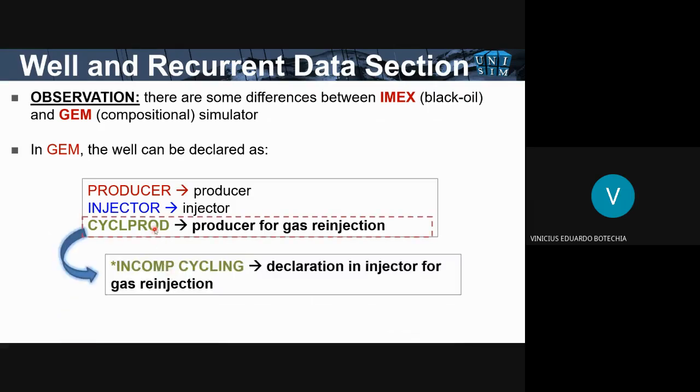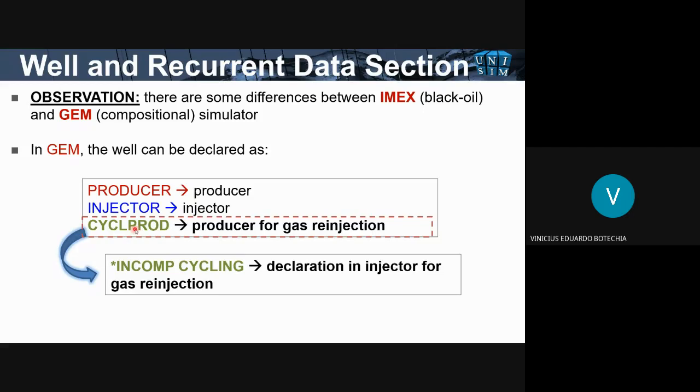And if you use this, you also use it in the injectors. These are producers, and this is the fluid you are declaring in the injectors. So you're declaring in the injectors that you are injecting gas from the cycloprod wells, right? So just so people know, if you work with GEM and with gas injection, we'll see this.